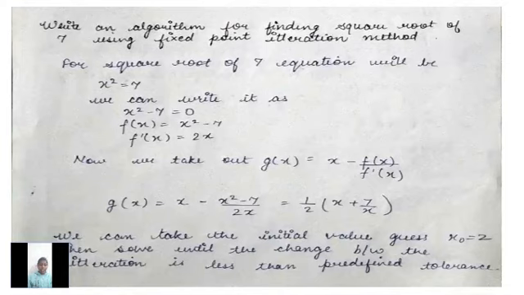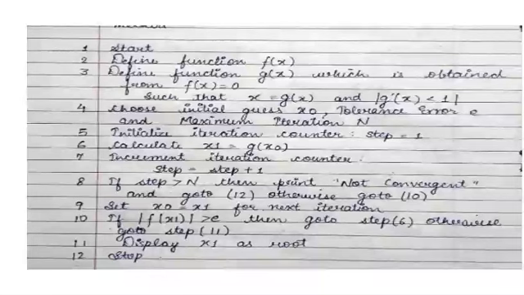Now we have to take out the value of g(x), that is x minus f(x) upon f'(x). So g(x) will be 1/2 (x plus 7/x). We can take the initial guess x0 equals 2, then iterate until the change between iterations is less than a predefined tolerance. So, the algorithm for square root of 7 using fixed point iteration method will be: